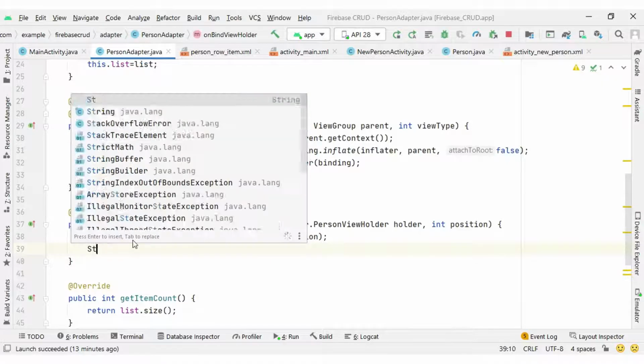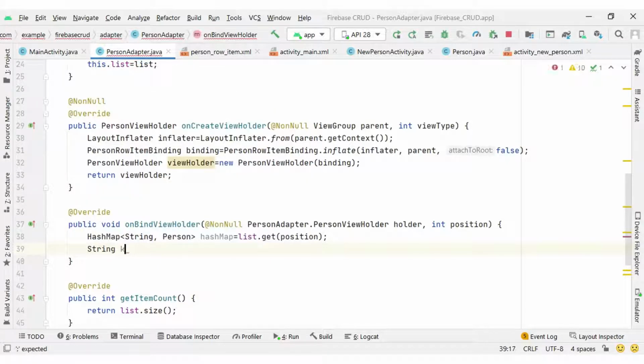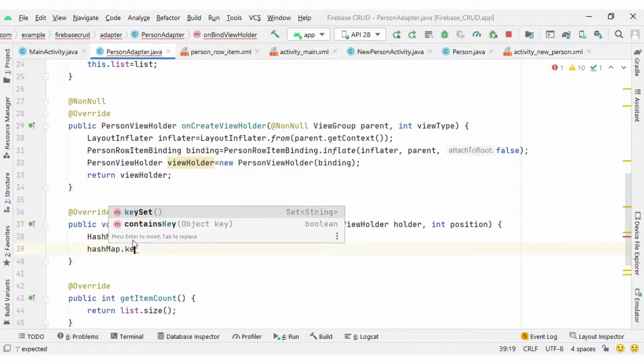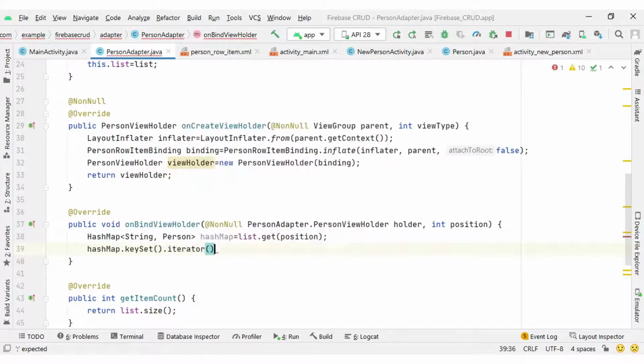For that you can type like hashMap.keySet().iterator().next(). Okay, so I am writing all the chaining methods here because inside our hash map we do not have any kind of list of key values, but it will have only one key value pair, so we do not require any kind of loop here.